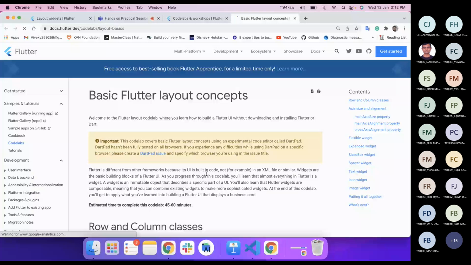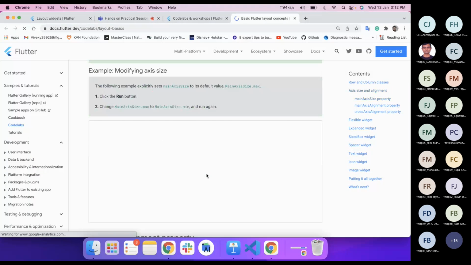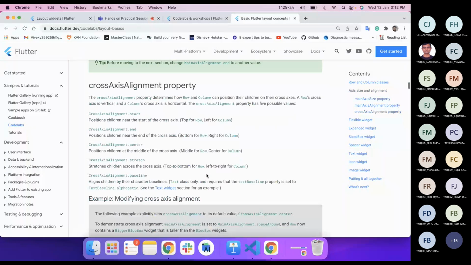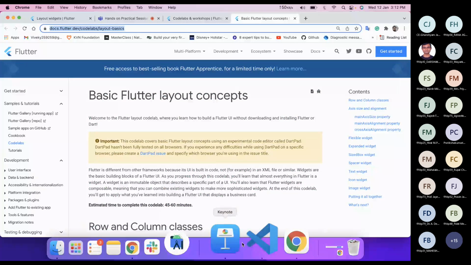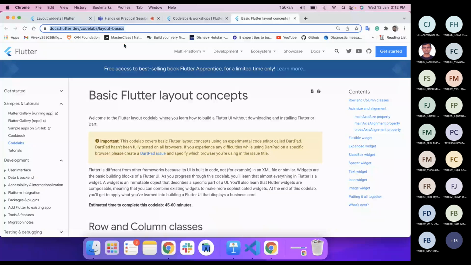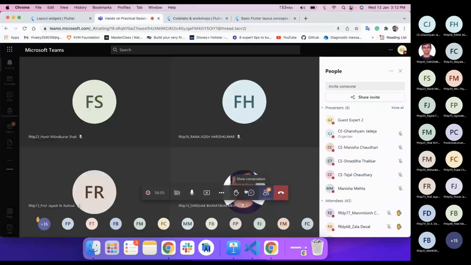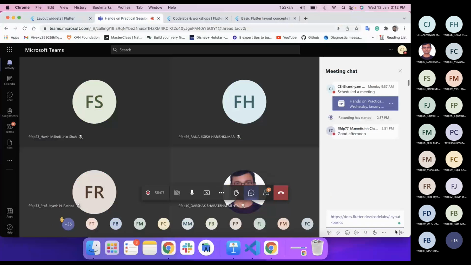What I want from everyone is that before the first lecture tomorrow, you complete this code lab, which is basic Flutter layout concepts, and then show the solution of this code lab to Drumil sir. Is that fine? Can we do this?